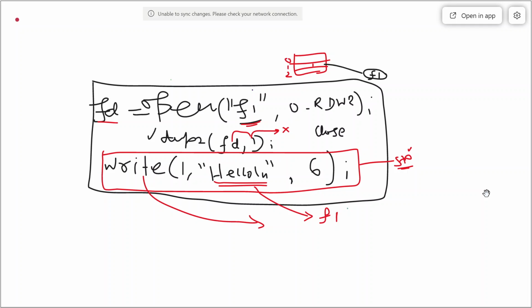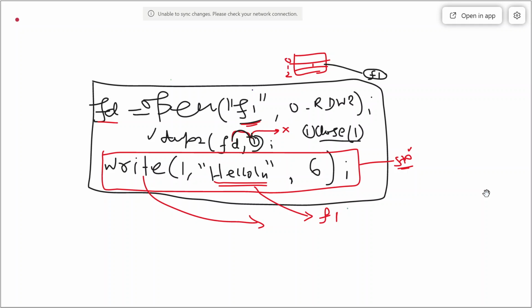It means that this particular file descriptor is currently not pointing to any file. If I have written close 1, this is the first statement which is going to be executed by FD2, because 1 needs to be closed first. When we close, 1 will become free, and once 1 is free, it is allocated to this one.